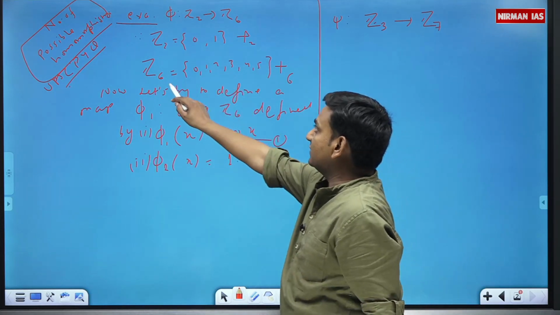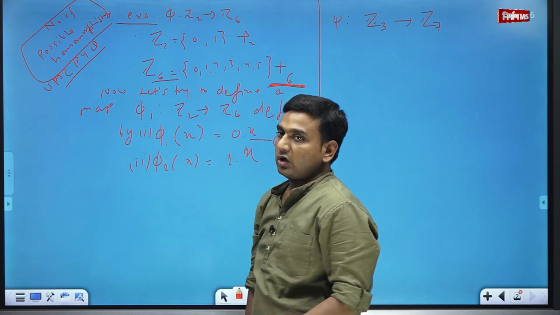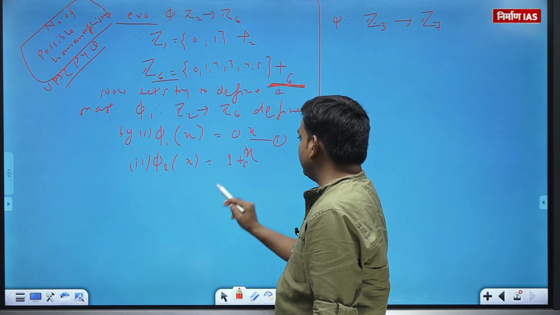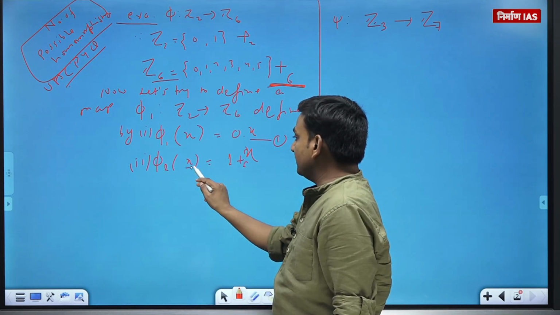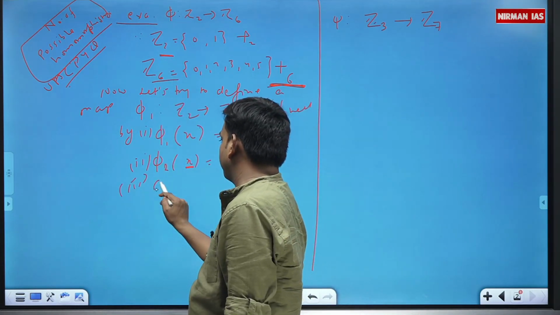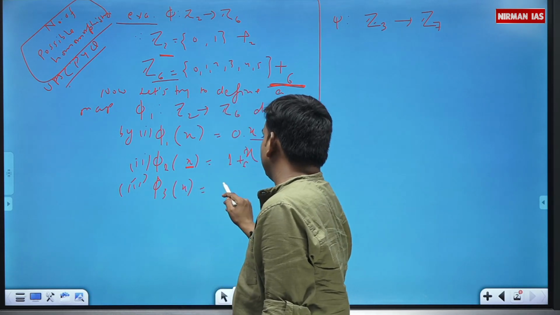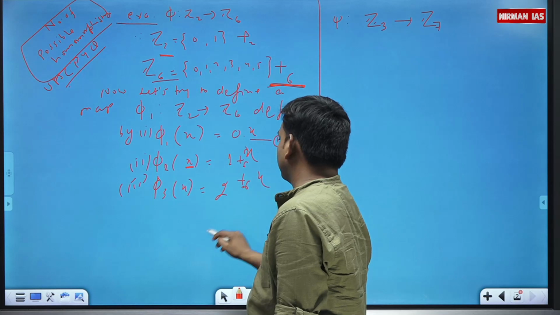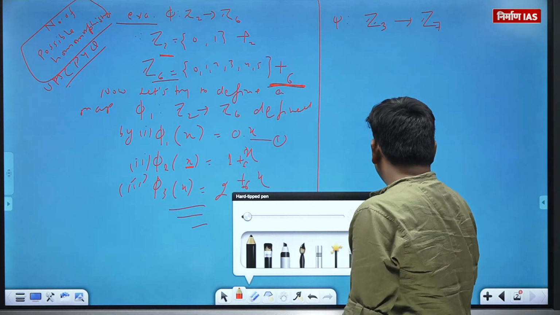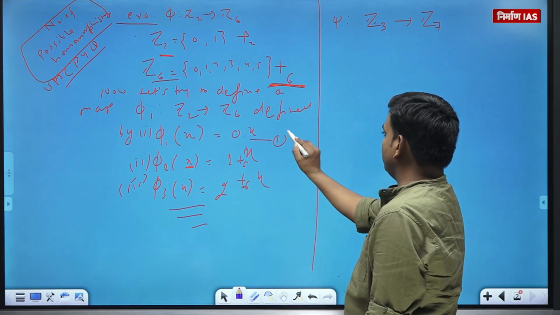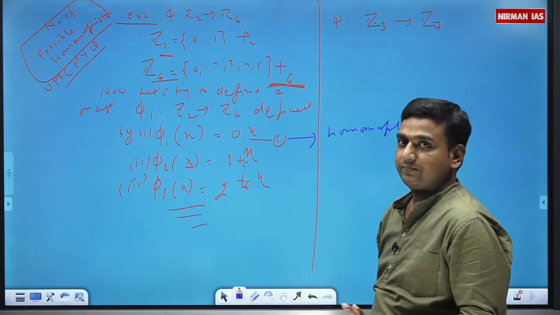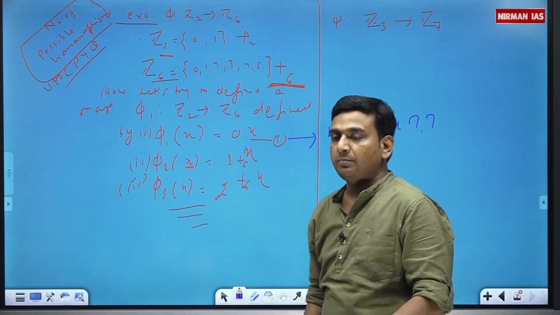What operation does Z6 have? Addition modulo 6. You getting my point or not? So 1 into x means 1 addition modulo 6 x, where x is coming from the set Z2. Similarly, I can try phi 3 of x as 2 plus x, and like this. Now our duty is to check whether this is a